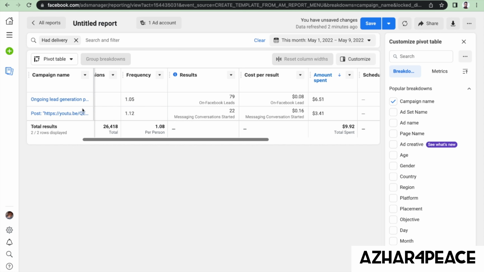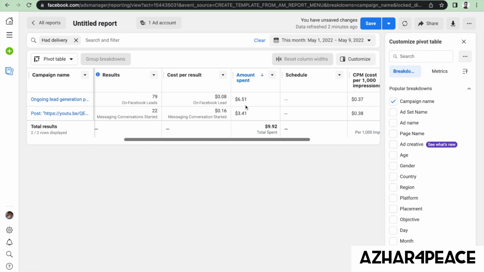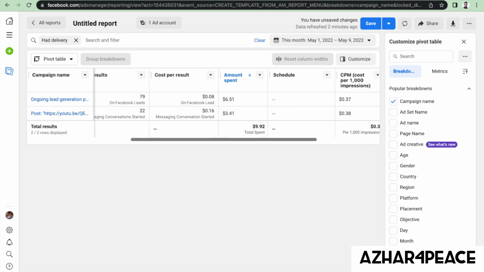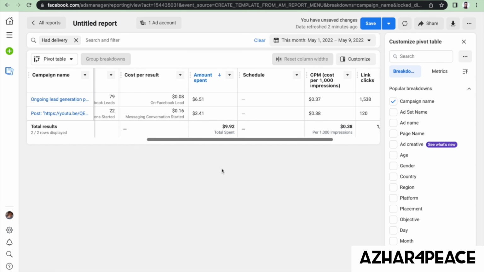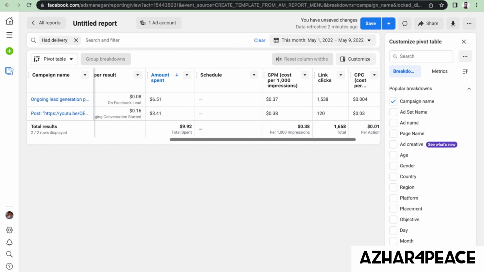And ongoing lead generation, as you can see, I just ended it. I kind of deleted the thing, which I should not have. So here, as you can see, I generated almost 80 leads, and every lead cost me around 8 cents. I spent six and a half for the lead generation, and almost three and a half for the YouTube videos, because I just don't want to run them anymore. I was just trying to see how this thing works. And also you can schedule it, so if you want to run it for a month or for days, it's up to you.